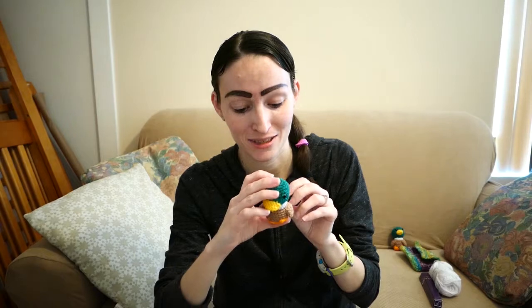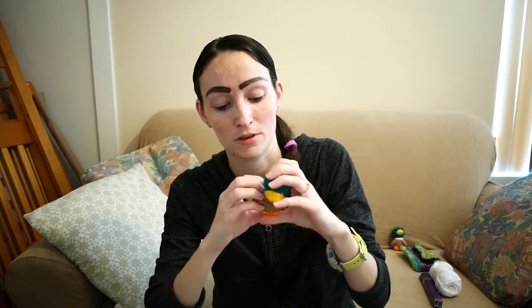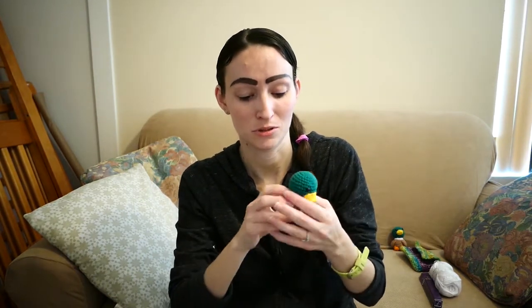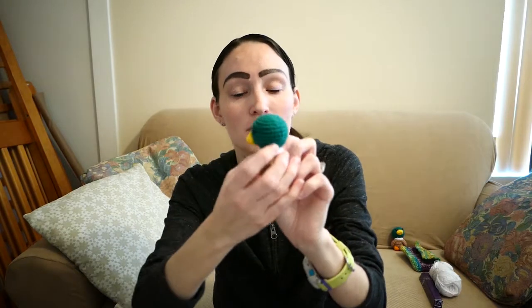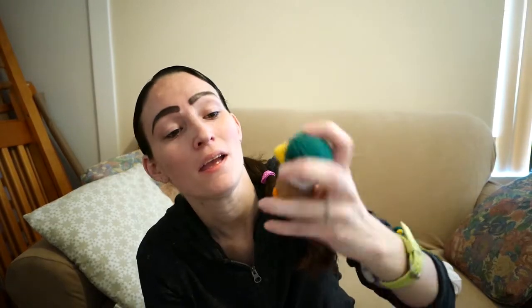Over the other ones, it's actually around the same price as all the rest too, so it's worth it. I haven't seen it in a large quantity, but I saw it in the small bags, and it was so worth getting, because some of the other stuffings will just settle, and then you'll be like, oh, I wish I stuffed it more. So I always end up overstuffing, and then you get these little gaps, and it's like, oh, I put too much in. So yeah, you just have to figure out what works best for you, but that's what I suggest for you. Anyways,